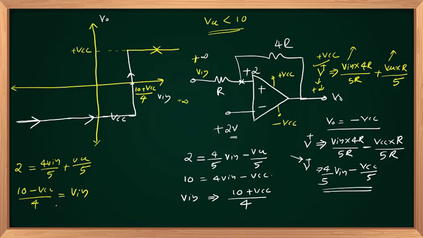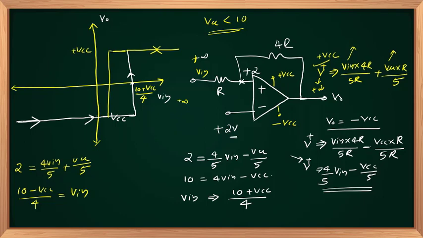So the moment V in takes a value equal to 10 minus VCC by 4, the output will switch to minus VCC. So I'm taking 10 minus VCC as positive,